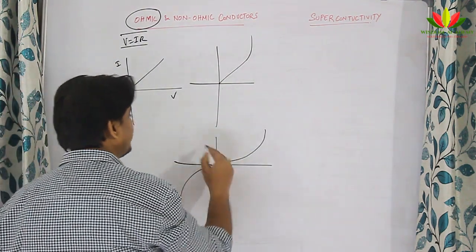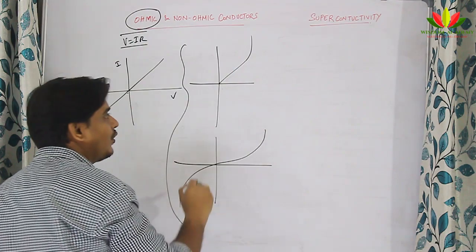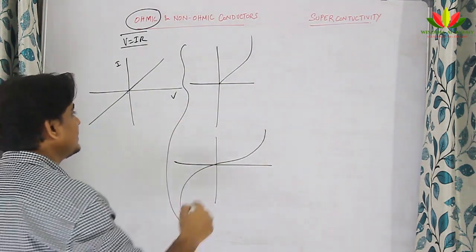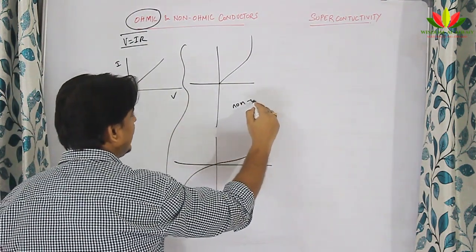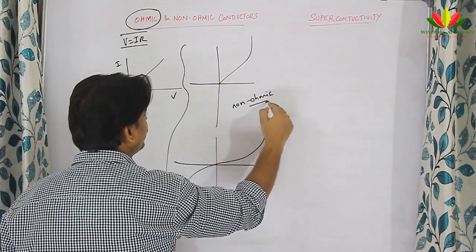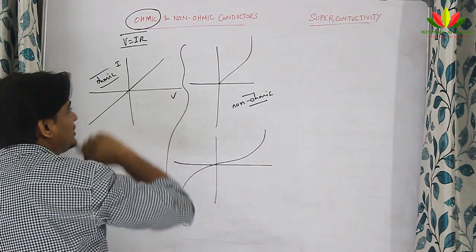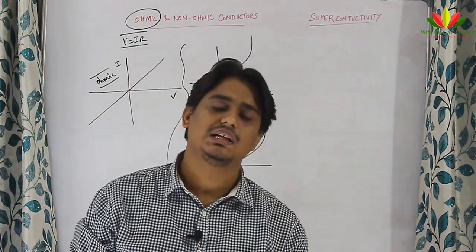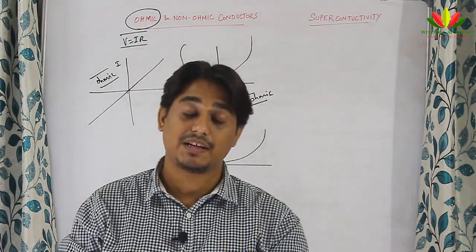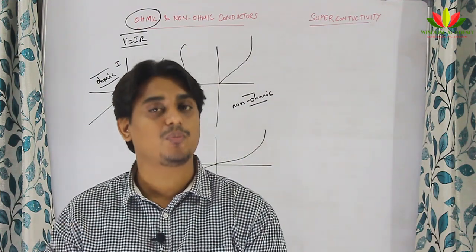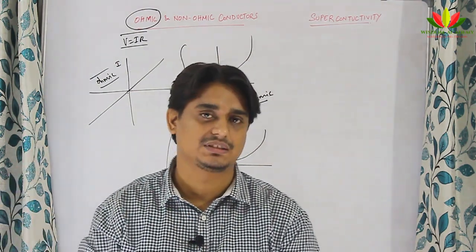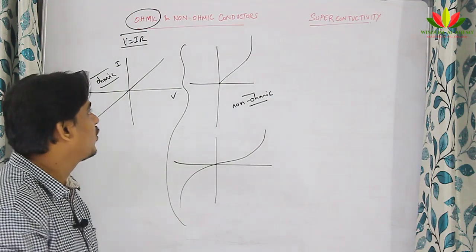So, this kind of conductors which do not follow Ohm's law are known as non-ohmic conductors, and the conductors which follow Ohm's law are called ohmic conductors. But it is not like, suppose copper follows Ohm's law, then copper will always remain an ohmic conductor. We can make copper even become a non-ohmic conductor at some very high temperatures. That is about ohmic and non-ohmic conductors.